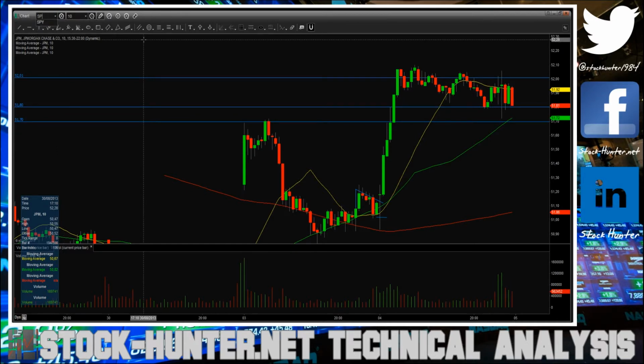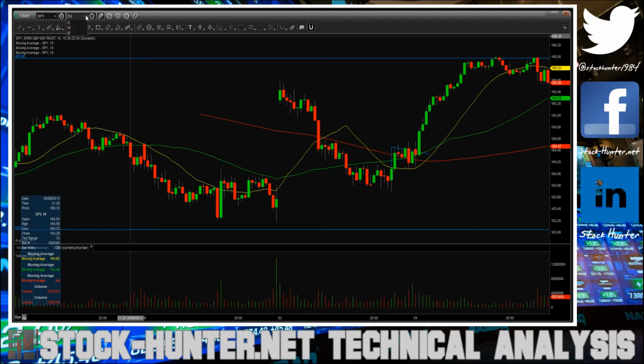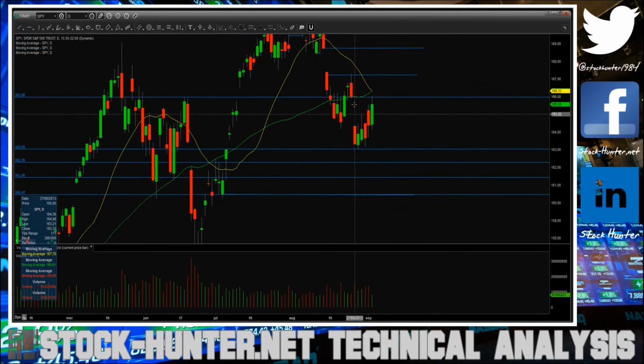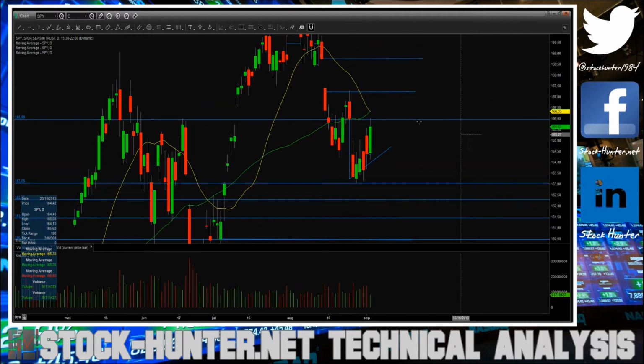Okay, now I want to go back over to the SPY here. I want to start with the daily chart. As you can see on this daily chart, we still have a nice in-spirit bear flag. We got this down move. Now we're trading just below this dual moving average. Now I'm wondering where we'll see a close tomorrow. If we will test this necktie, this can be a short. Be aware to play it only with a small position because we have Friday. Most of the time Fridays are low volume days, so let's see tomorrow if we can grab a short around